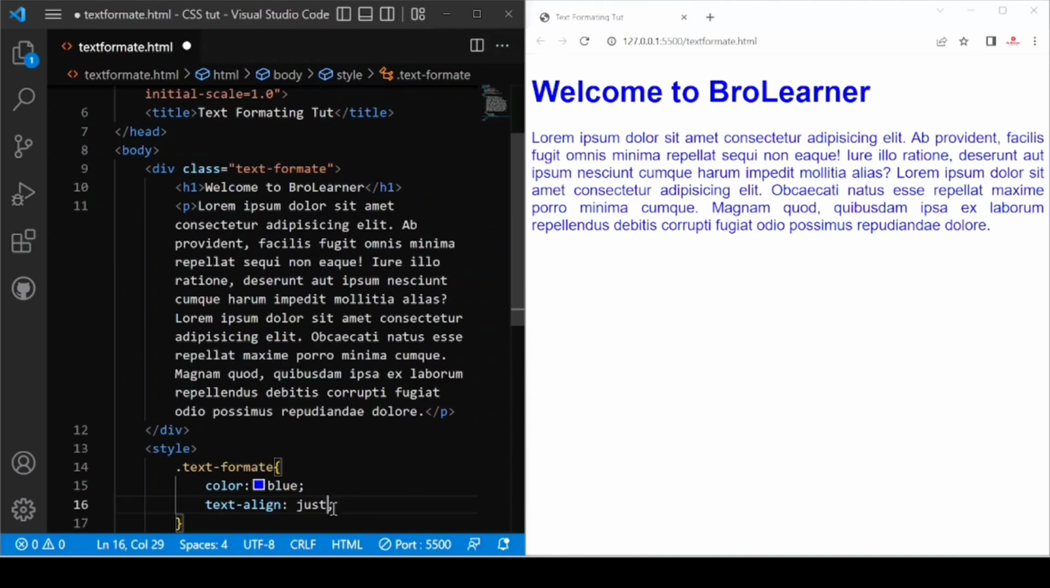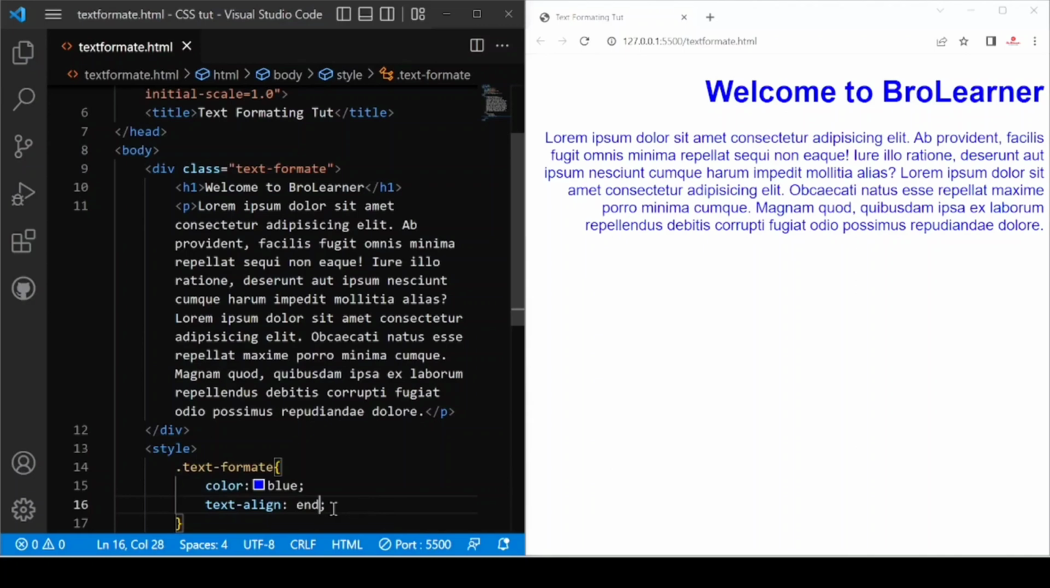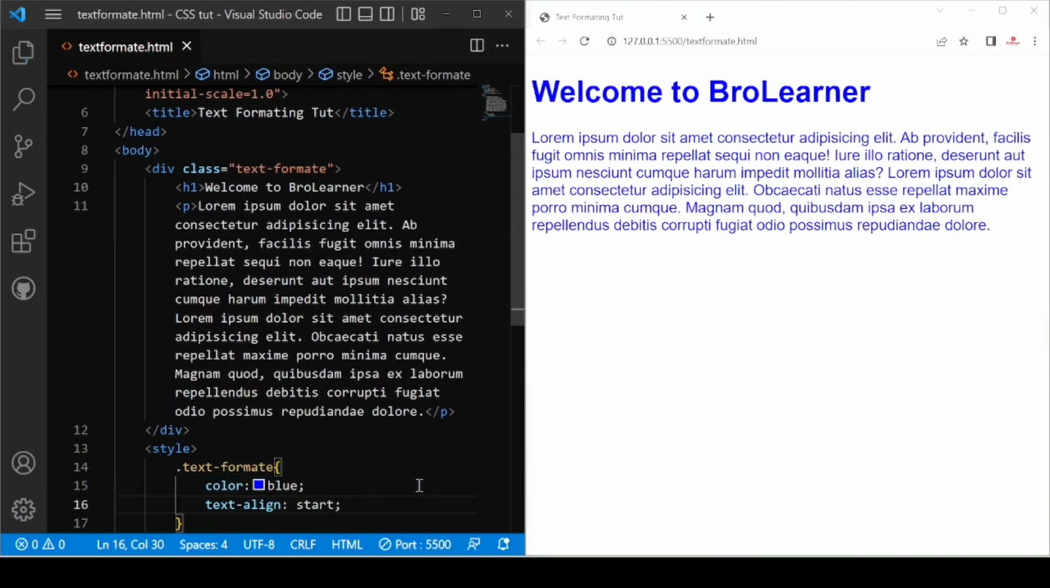Okay, after that we have end. Justify, well, align end. Saving this, you can see it is something like right, or we can use start also. Start. Saving, you can see it is in start. And after that we have